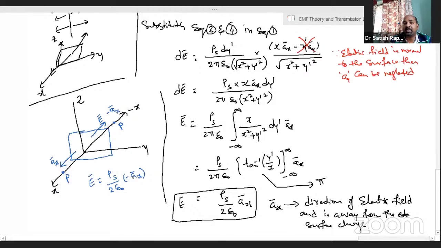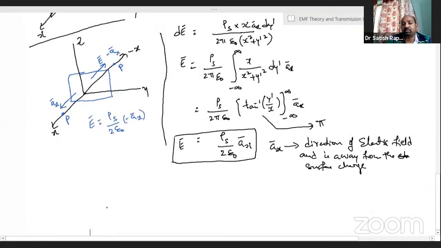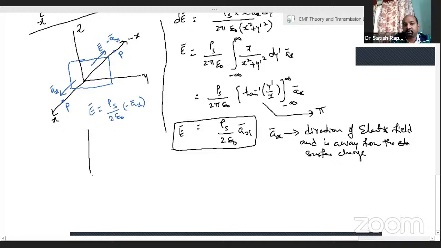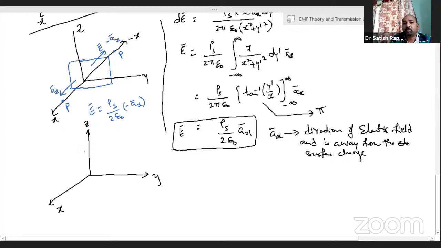So similarly, let us say x, y, and z. If you consider a surface,